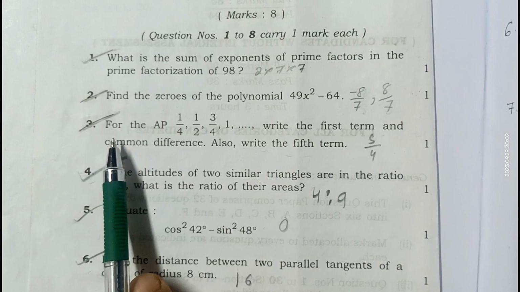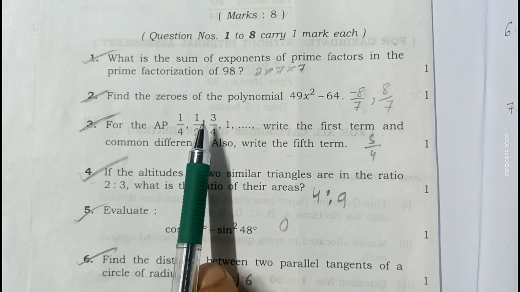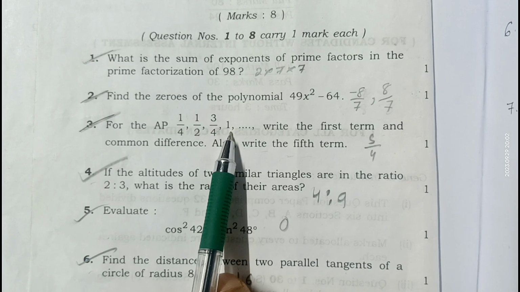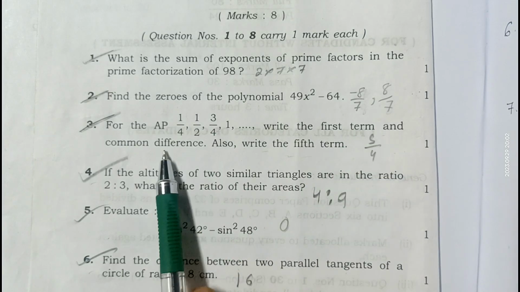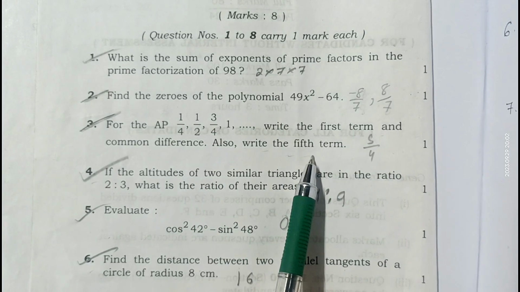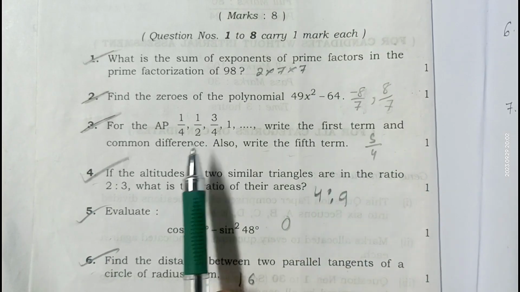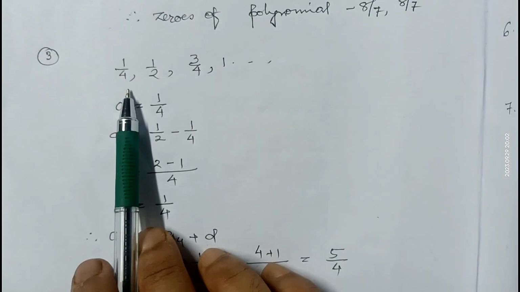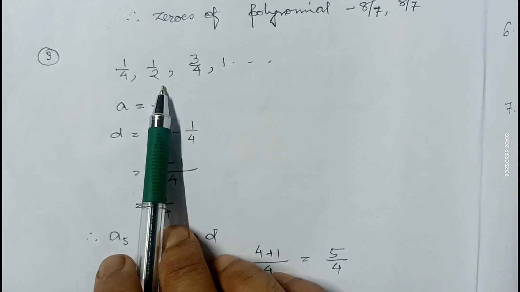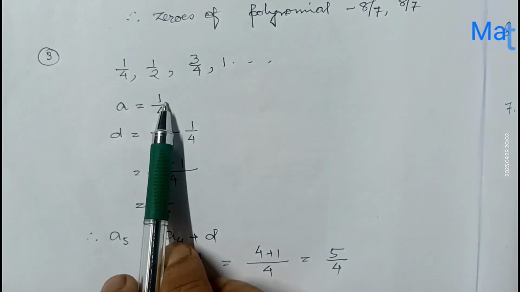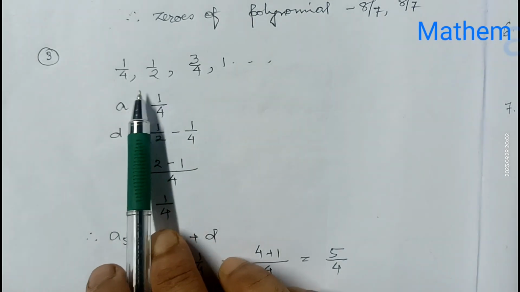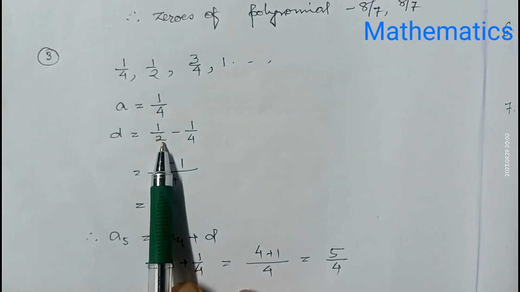In question number 3 it is given for the AP 1 by 4, 1 by 2, 3 by 4, 1. Write the first term and the common difference. Also write the fifth term. So here we have to find a, d and the fifth term. Here first term is 1 by 4, second term is 1 by 2. So a is 1 by 4, d is second term minus first term, which is 1 by 2 minus 1